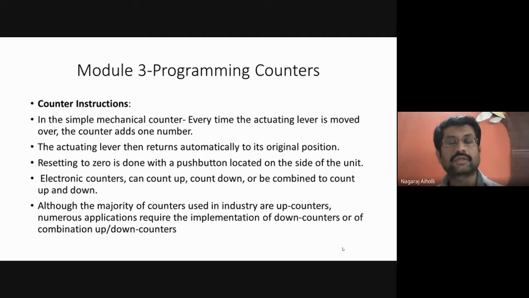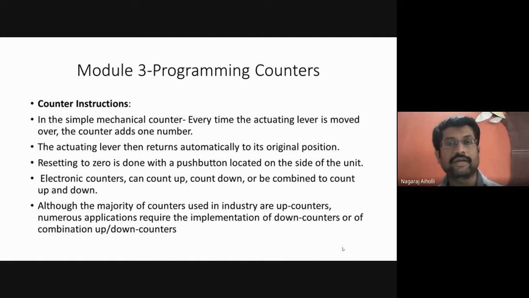In this way the counter will count, and the difference between timer and counter is timer makes use of the internal clock pulses, internal clock signal which is present within the system, within the PLC, whereas the counter makes use of the clock pulses for counting which are present external to the PLC. It is applied externally or separately for the counting operation. This is the main difference between the timer and the counters. Now we came to know what is a counter.